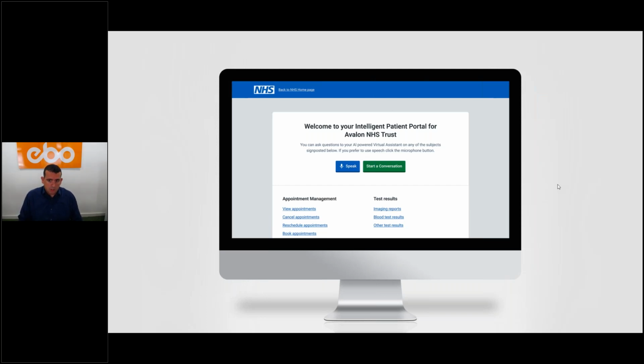I'll break down the screen a little bit further on, but the idea is to maintain signposting, providing links to the various use cases that are available. So if a patient comes in and they just want that approach, they could use it, or else they could start a conversation, or look towards speech as well. Now, the key element, and something I'll mention several times, is that this is all a configurable framework. The screen you're seeing is just what we've ended up with so far for the presentation. But how you show the links, what prevalence they have, and what you actually state on the portal is something we can work with the trust to design. Or they could just take the default screen as it is.